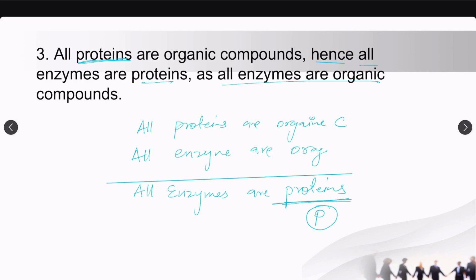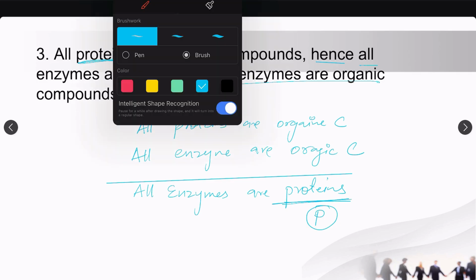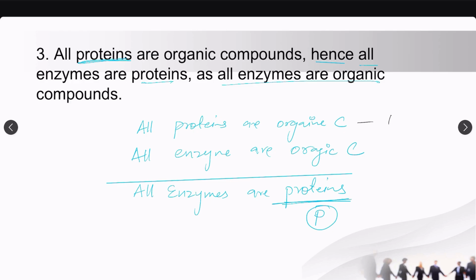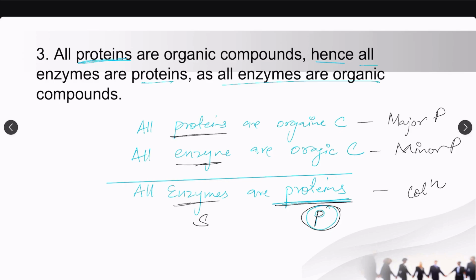are organic compounds. So again you have it in the standard form, meaning that this is your major and then minor premise, and then the last one is your conclusion. So the one that is coming in the predicate term should be here, protein. Enzymes is the subject term, so it should come in the minor premise, and then the organic compound is common to both. So again this is in the form of A, and then again if you have to check the figure, what you have to do is to simply check the position of the middle term.